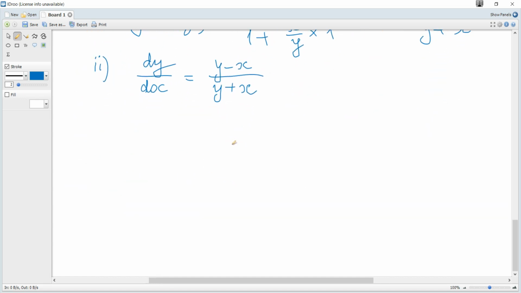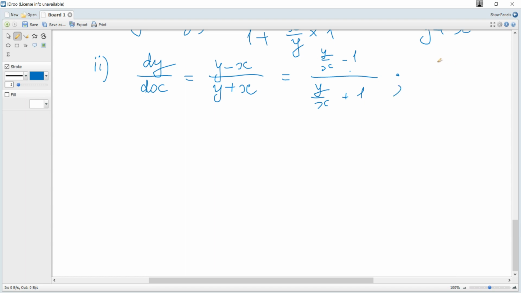It is given that it's homogeneous, and what does it mean? It means that dy over dx is a function of y over x. And if it's not given that it's homogeneous, but you just meet such a differential equation, you should understand that here, if we divide each term by x, we get y over x minus 1 over y over x plus 1, and you can see the derivative is a function of y over x, and hence we can solve it using